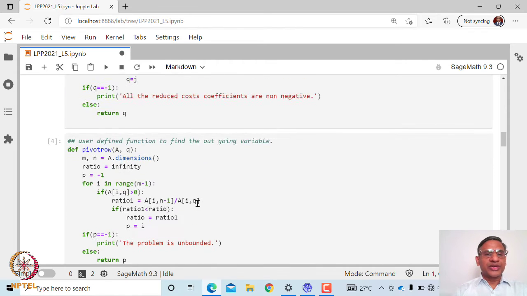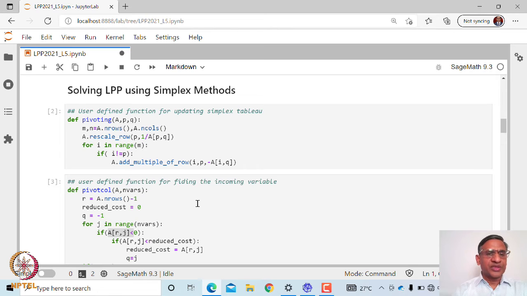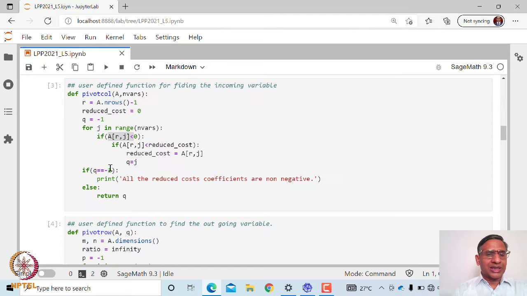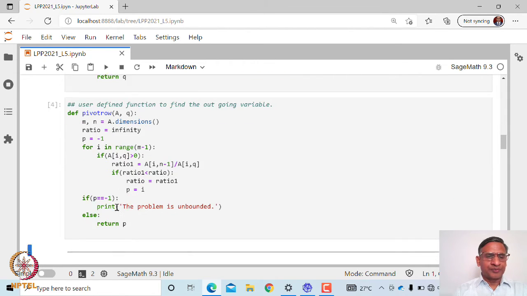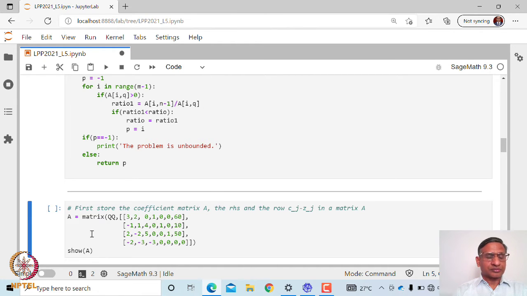Now let us make use of these 3 user defined functions that we have created. Namely, one we have created as pivoting, the second one finds the incoming variable, and the third one finds the outgoing variable. Next, let us create the initial matrix A